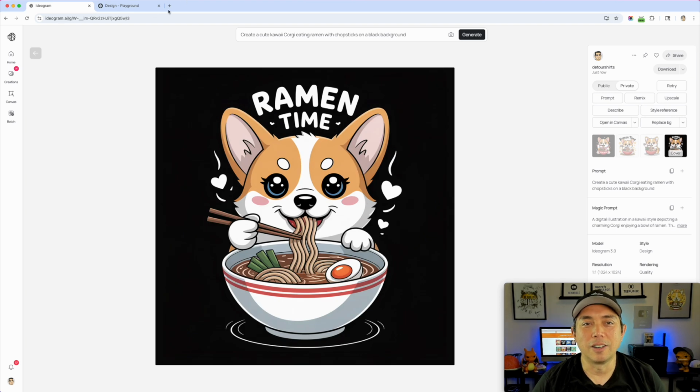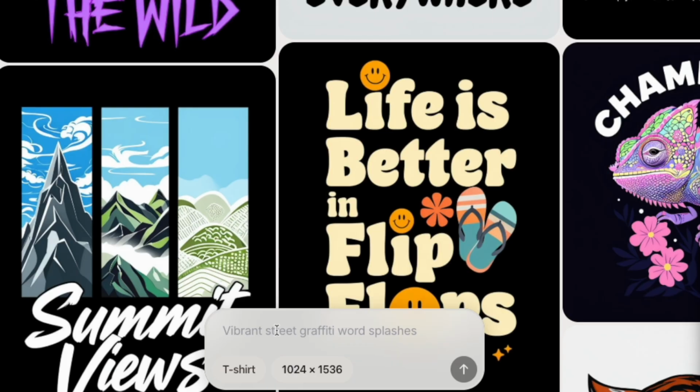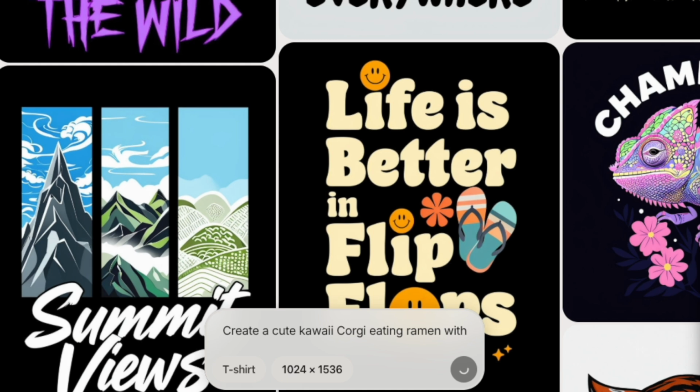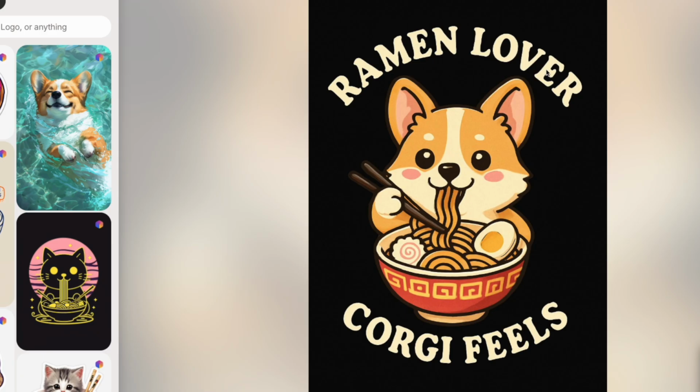So let's compare this to Playground. I'm gonna paste in the same thing. So the way to do it on Playground is to go to t-shirts, and you can see right here, I'm gonna just put in my prompt down there, same prompt, and we're gonna hit go, and let's see what it does. All right, so by default, it just gives you the one because it's using the 4.0 model, and I think it did great. Ramen lover, black background. I think it could be more crisp. And of course we didn't do all 4, so you only get the 1 shot.